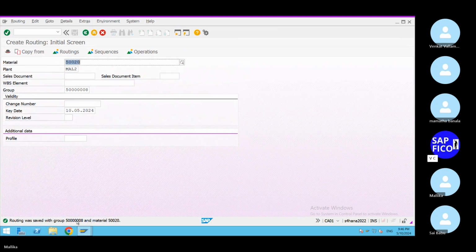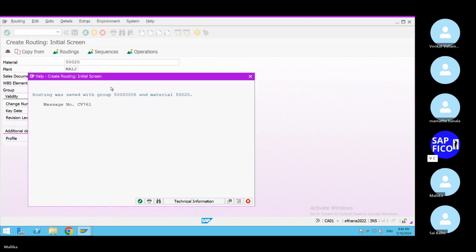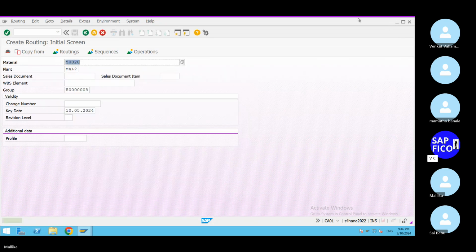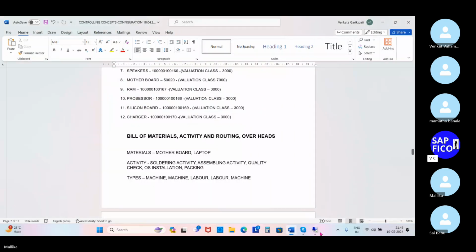Take out this group, 500000008. So go to the Word document, and in that Word document,